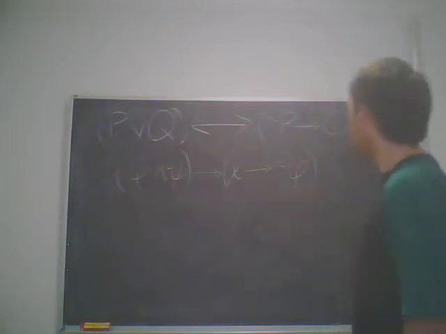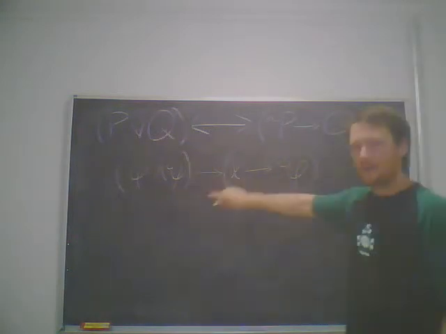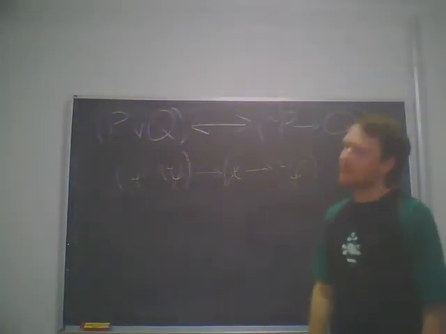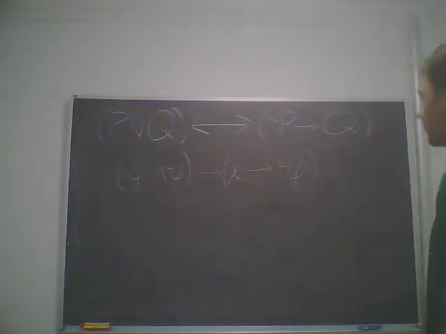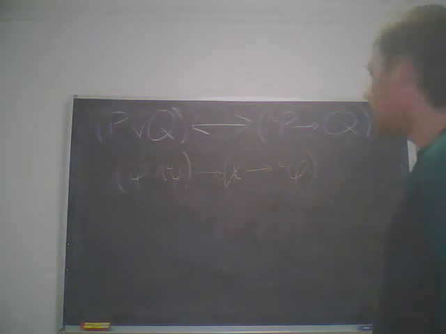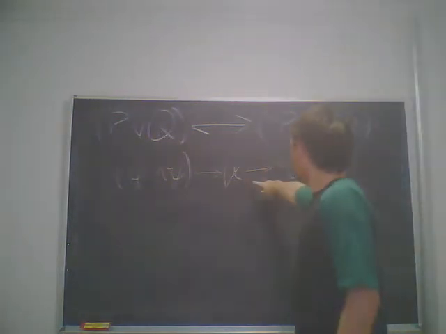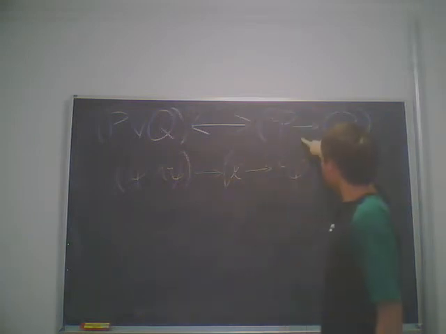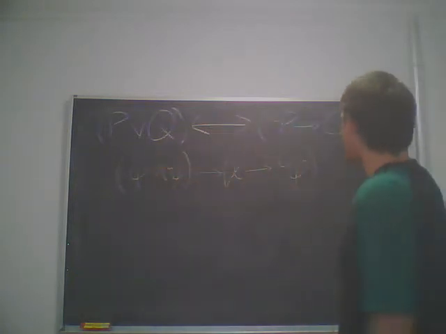So if we want to, well, we have two conditionals. One is the main operator and one is not the main operator. And the easiest one to change, well, I mean, they're both relatively easy, but if we just take this one, this is already something of this form, and we can see that to go from conditional to disjunction, we just drop a negation and then